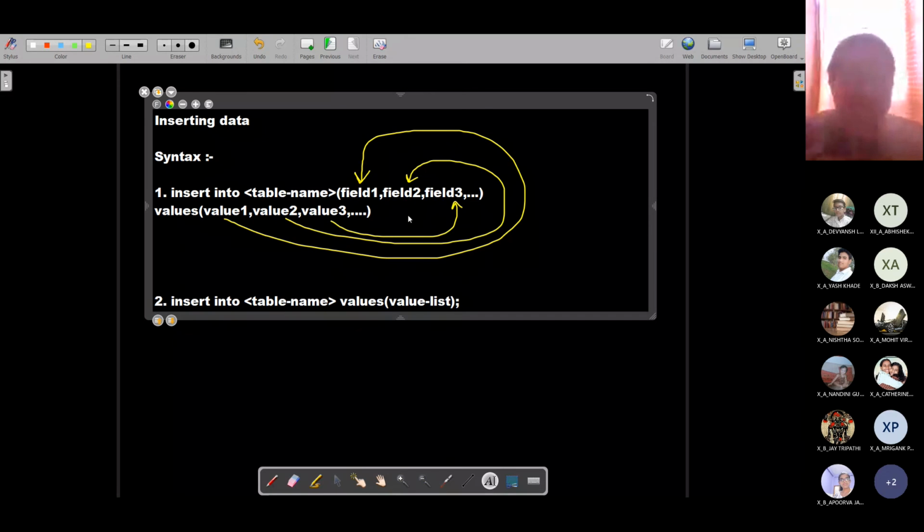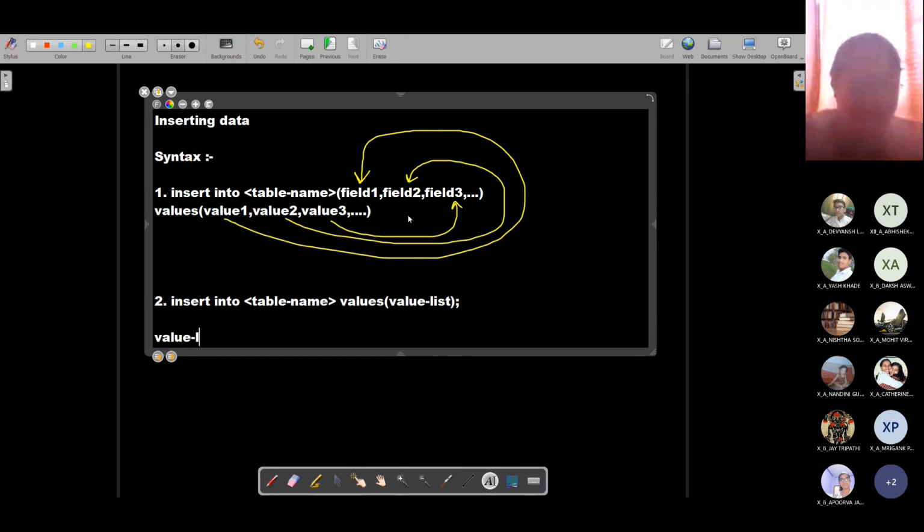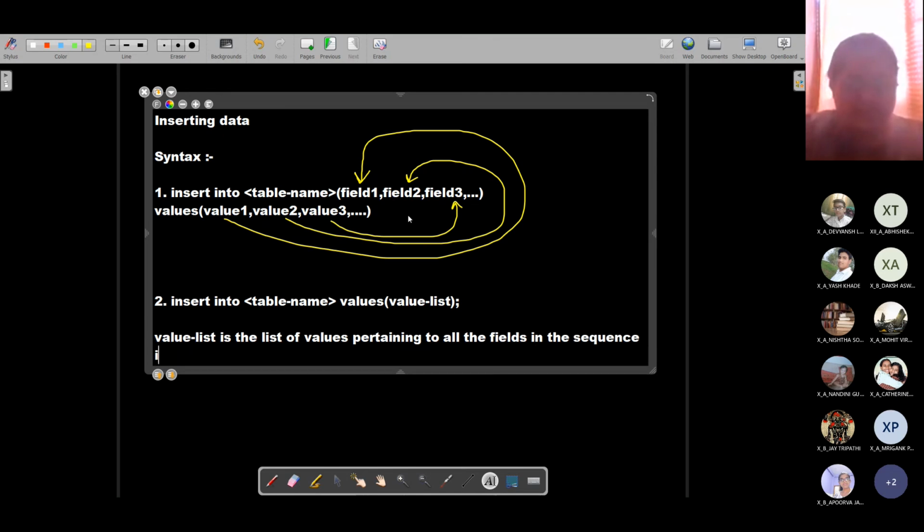Now any value means here please mark that value list is the list of values pertaining to all the fields in the order or in the sequence in which the fields were created within the table during table creation.